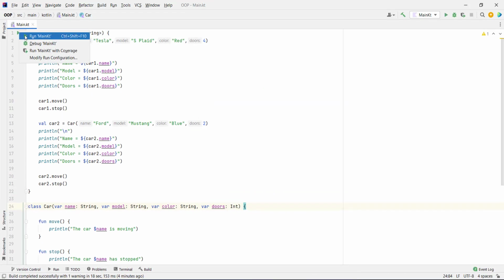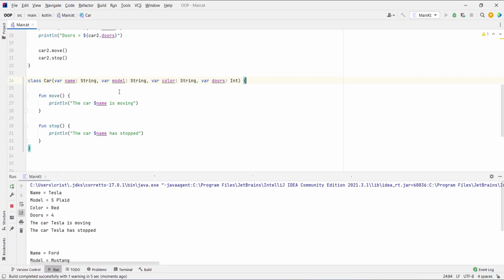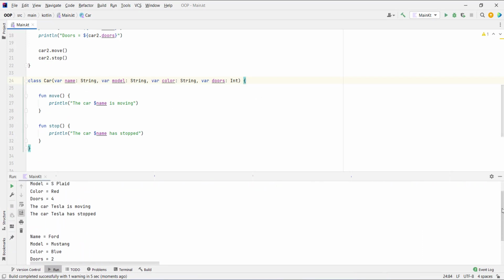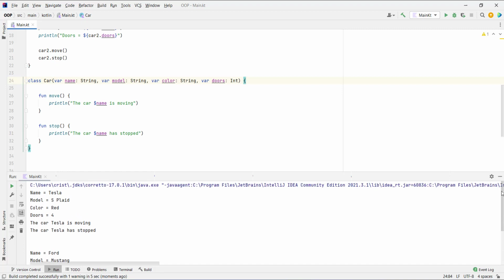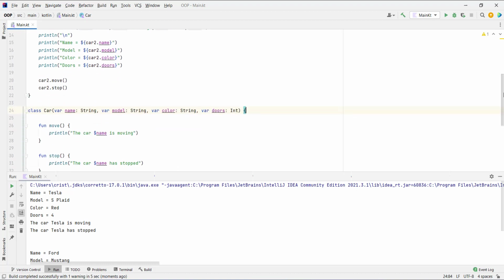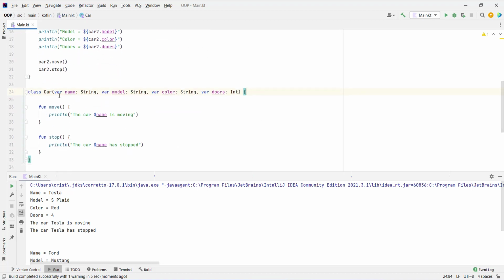So now if you run this code, we have the exact same output. The only difference now is that this is more concise. We have the properties declared directly in the constructor, so we don't have to declare the parameters and then assign the value that is passed to those parameters to the properties. So you can declare the constructor like this if you want.